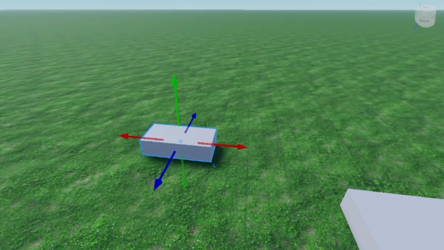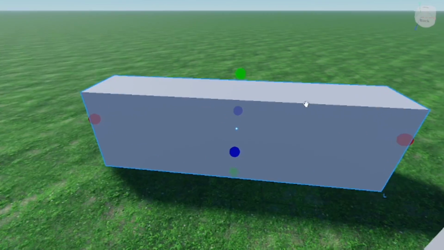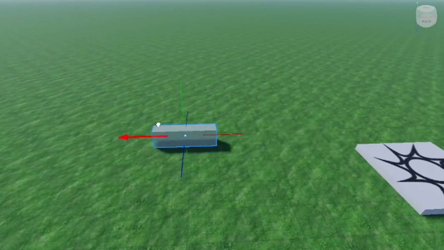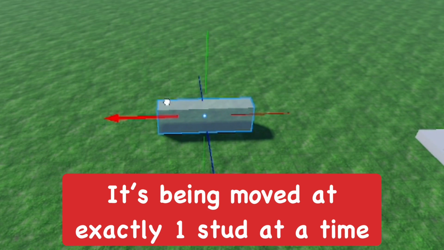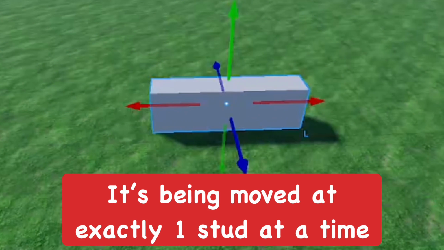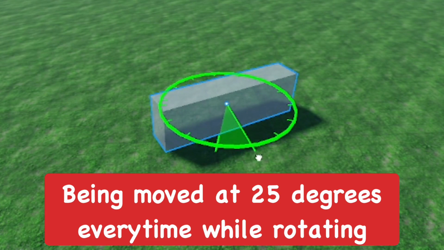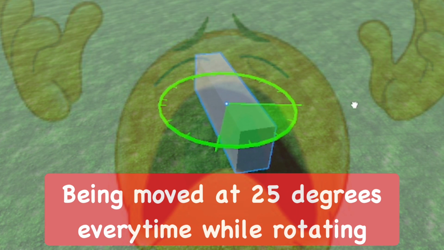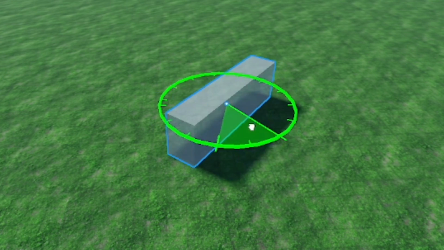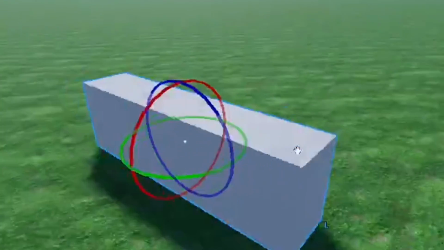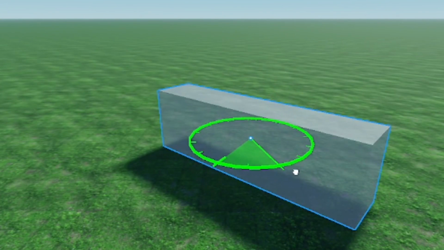Now usually we're working on models and working on our own buildings and stuff in the game, and it's doing multiple things with parts. And as you can see, we're moving it and it only moves at a certain amount of studs, and when we try to rotate it, it only moves at a certain degree. We don't have the complete freedom to move it to whatever we want to, and that's because the Roblox Studio game settings usually has it set at a certain amount of studs and degree that we can turn and